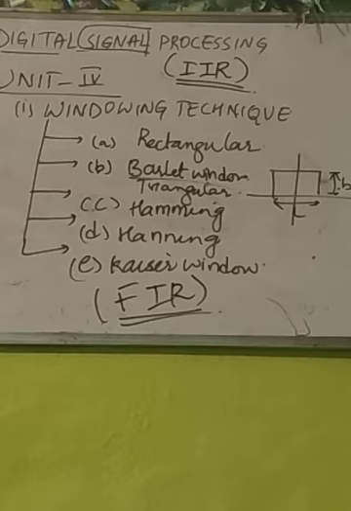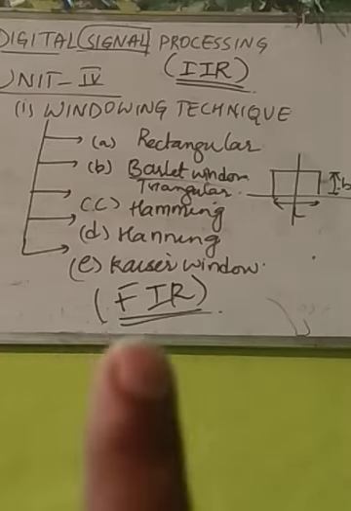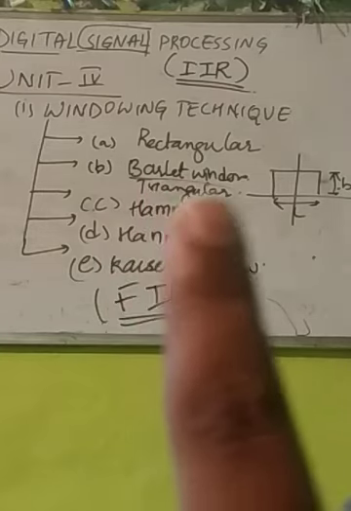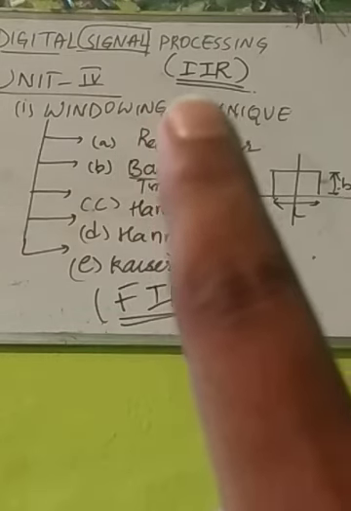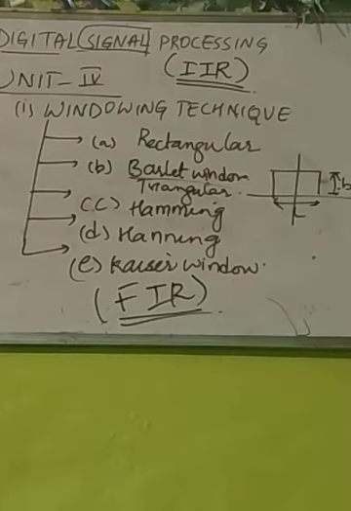In unit 4 we are going to learn about windowing techniques. Those are nothing but rectangular, as it's shown over here. One is a rectangular window, then we have Bartlett triangular window, Hamming, Hanning, Kaiser window. All this consists of your FIR filtering. So this is about the FIR filtering we have discussed. Those come under unit 4. Whatever we have discussed in unit 3, those are considered to be IIR. What does IIR stand for? Impulse invariant response. So what is the difference between these two? We are going to learn that when we design these two types of filtration methods.